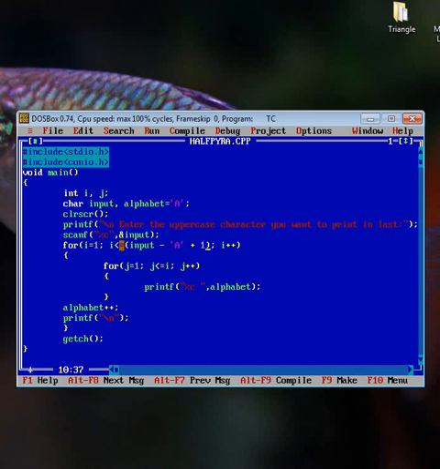So the meaning of the segment is 5. So i less than or equal to 5, this is the meaning of the segment. The value of i is initialized to 1 and it will continue until the value of i is less than or equal to 5.